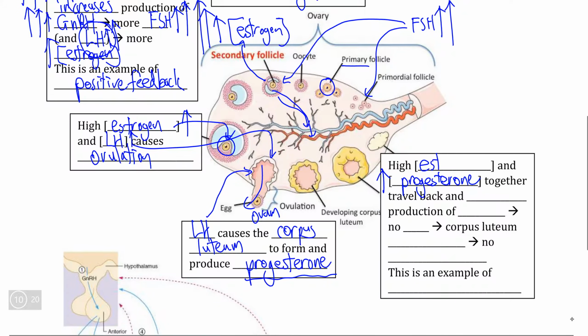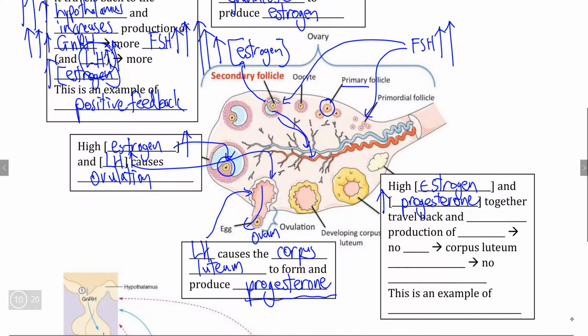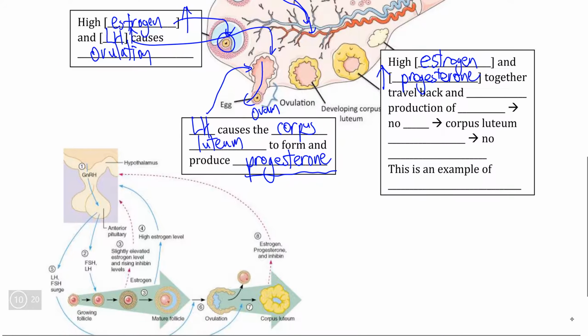But remember, of course, that the high estrogen we produced from this positive feedback cycle is still floating around the female body, and when both estrogen and progesterone are able to make it back to the hypothalamus, this is the inhibitory signal. So while estrogen triggers a positive feedback loop, estrogen and progesterone together will actually be the shut-off signal